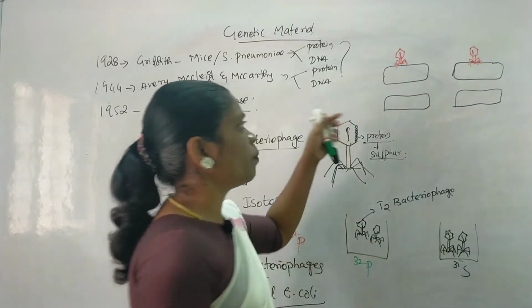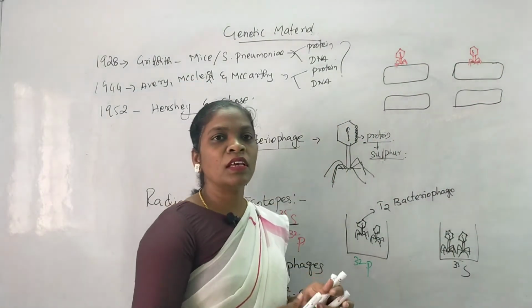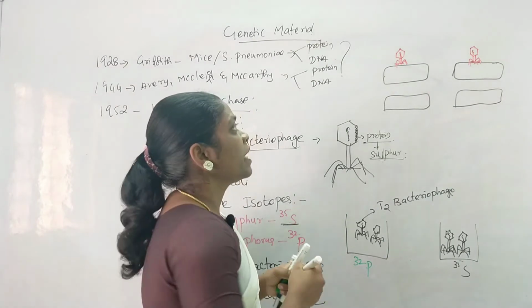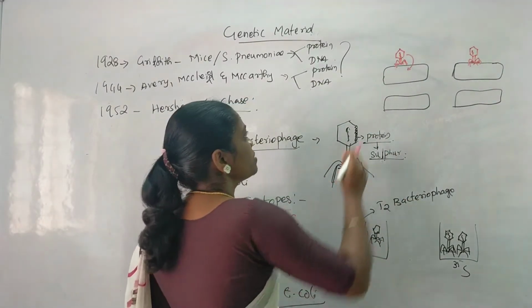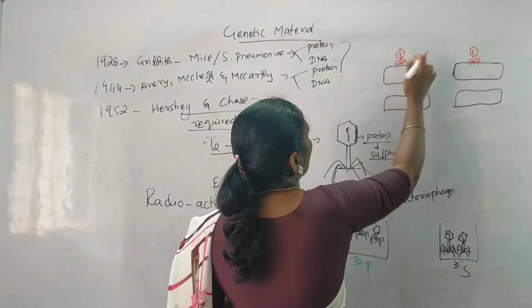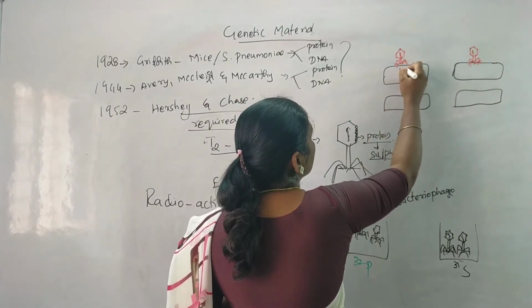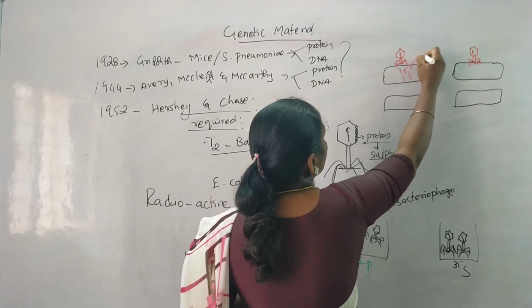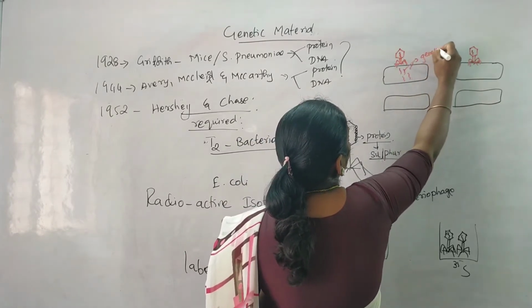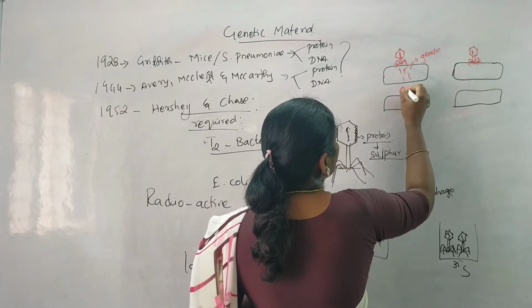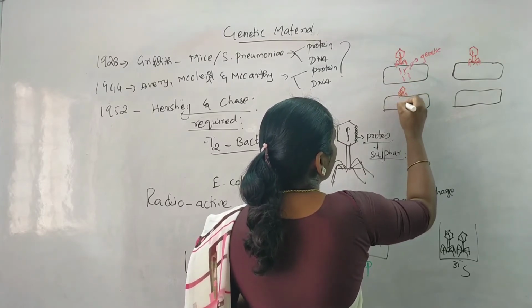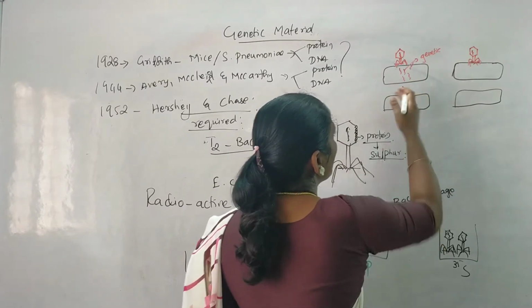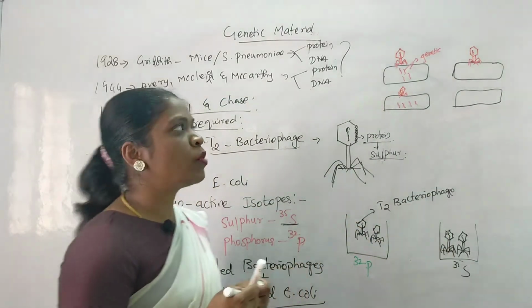So when these bacteriophages infect the E. coli organism, the entire organism is not going to get inside the E. coli. Instead, they inject only their genetic material inside. The genetic material of the virus only will be injected by them. The remaining components will be attached here. We'll just go with one more diagram just to tell you how it is. So only the genetic material has entered inside. It is not the entire bacteriophage. This is what has happened.